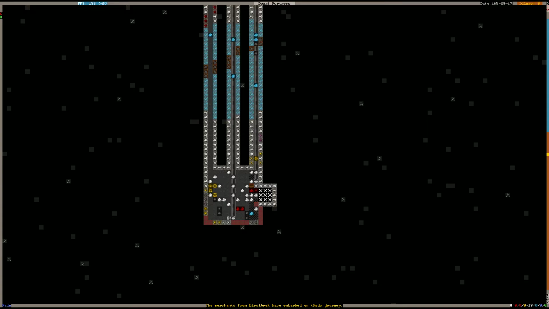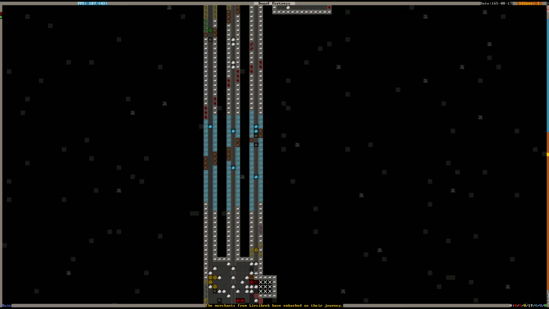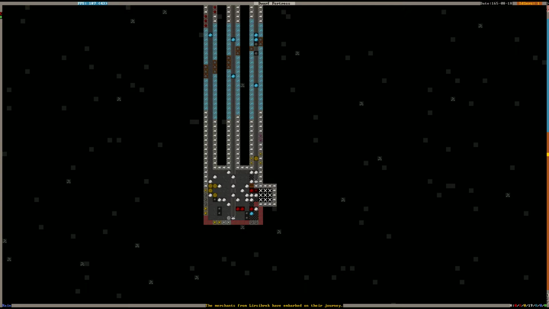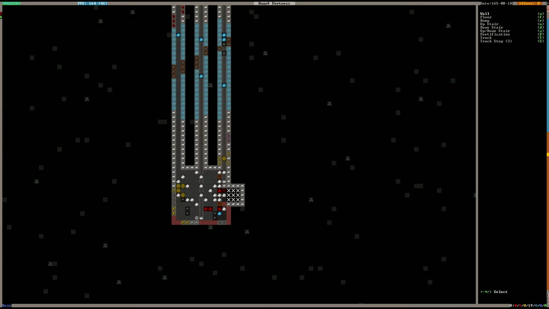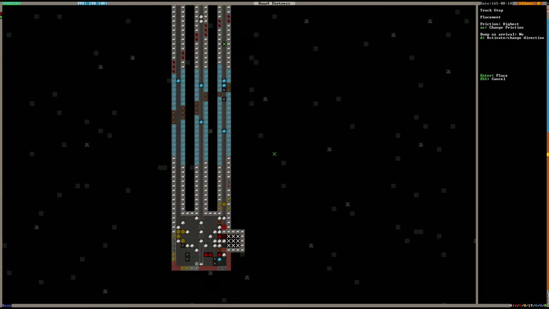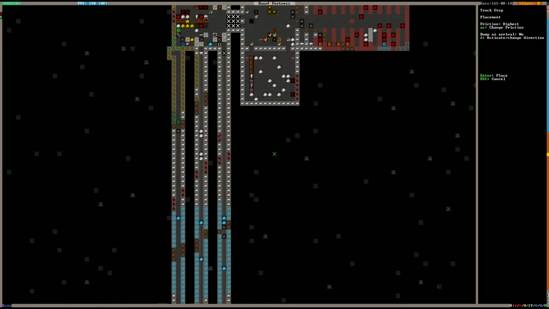So as you see, the stone's being brought into the stockpile, and then what we're going to do is build some more track stops, much like with the infinite quantum stockpiling. We'll build this one, which won't dump, so dump on arrival no, and then you just place the track stop. Don't have to change anything, and then we'll put another track stop at the top of the line. This one is going to dump. It's going to dump to the north,